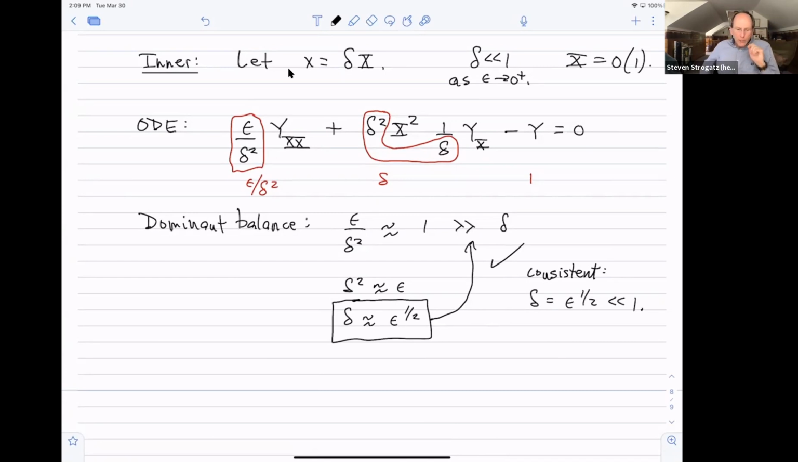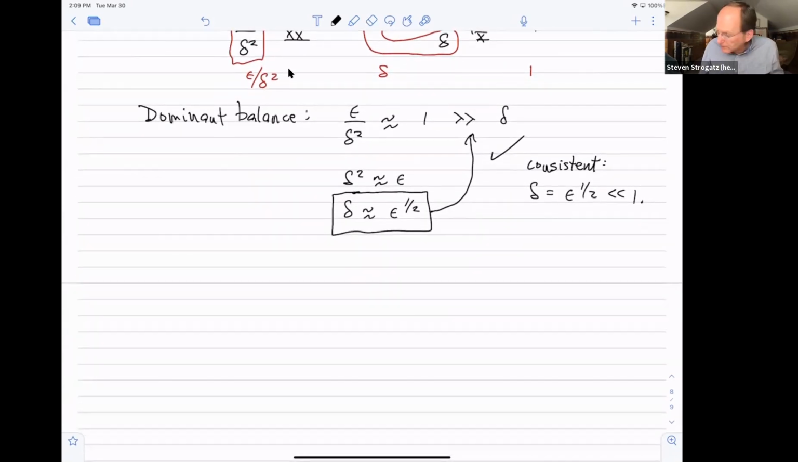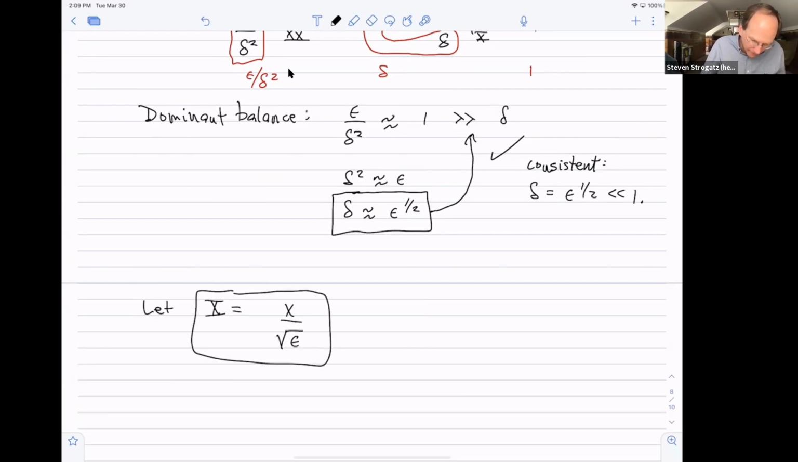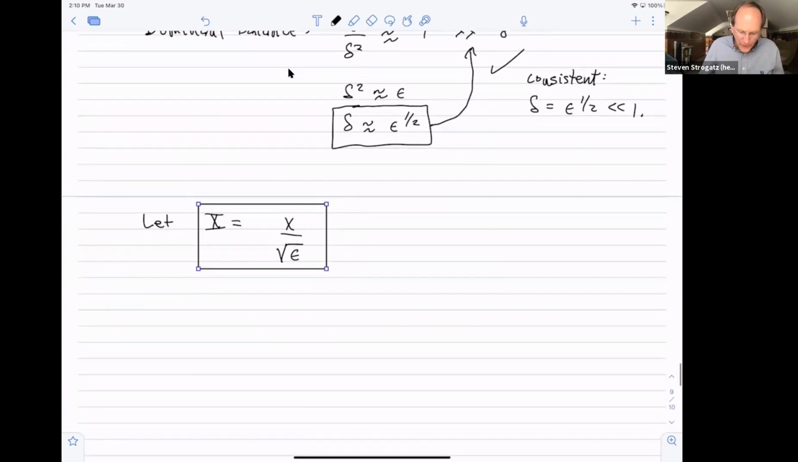Okay, so let's go with that. And so we're going to use a delta equals epsilon to the half. And so then let's let big X equal X over square root of epsilon. That's our unusual scaling here. But hopefully you see how it was motivated. And so with that in mind,